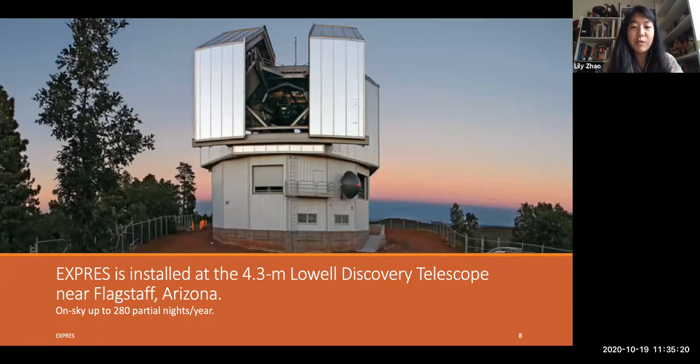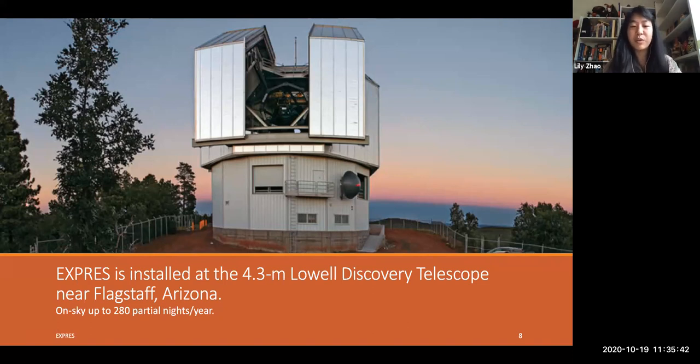EXPRES is installed at the 4.3 meter Lowell Discovery Telescope near Flagstaff, Arizona. One of our favorite things about this telescope is that it has this instrument cube that all the instruments are hooked up to. And so the TO can literally press a button and within seconds, a different instrument will be on sky. And what this allows us to do is observe for a lot of half or even quarter nights throughout the year,